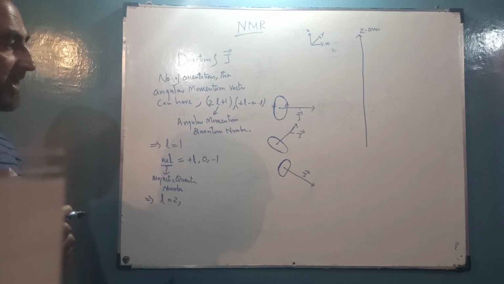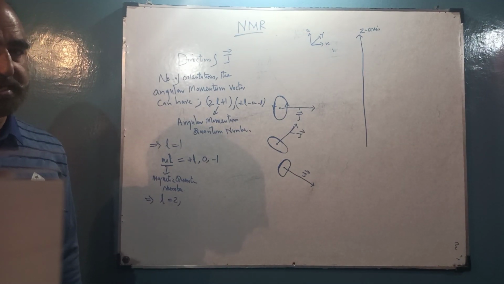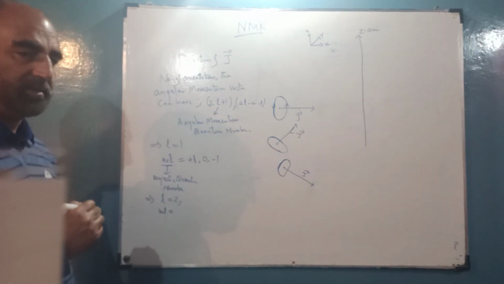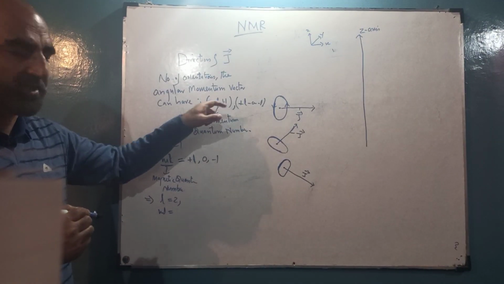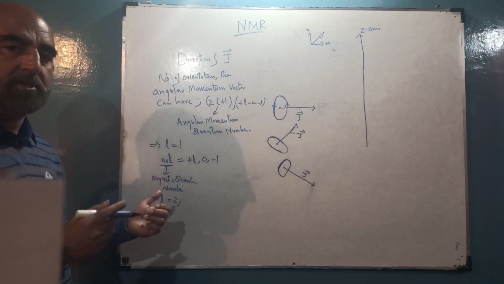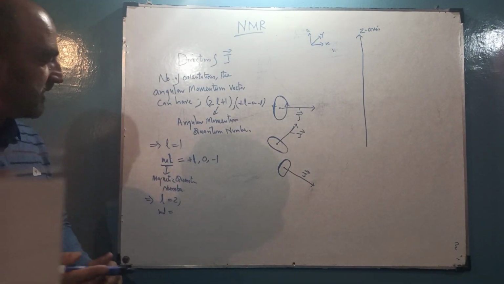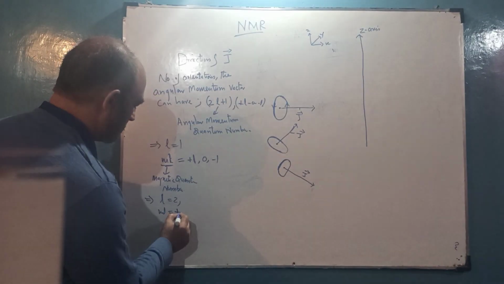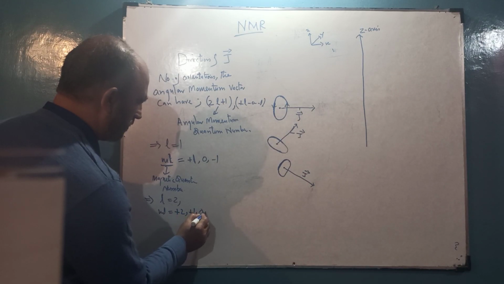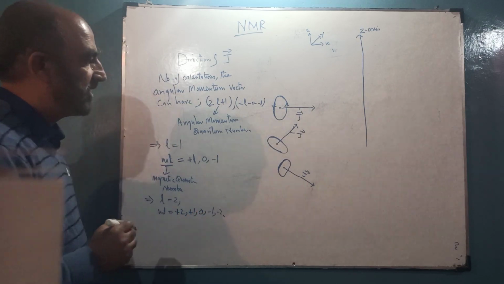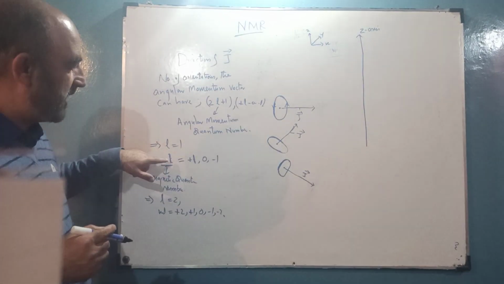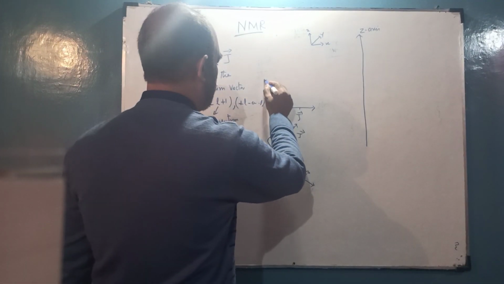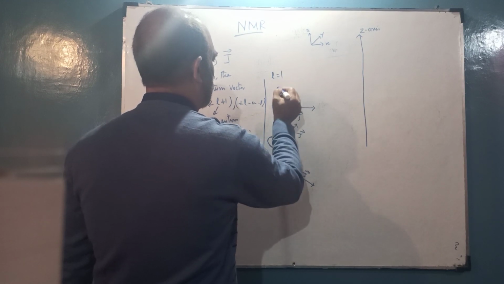then the total orientations, the total directions the angular momentum vector can have, can be given by this quantum number ML, and it can take 2L plus 1 values, that means 2 into 2 plus 1 is 5. It can take 5 values, from plus L, 0 to minus L. So we can write over here that ML values can be, in this case, plus 2, plus 1, 0, minus 1, minus 2. Now, if the L value is 1, ML can be only plus 1, 0, minus 1. That means the planes of rotation can be like this, as I have shown over here, for L equal to 1.